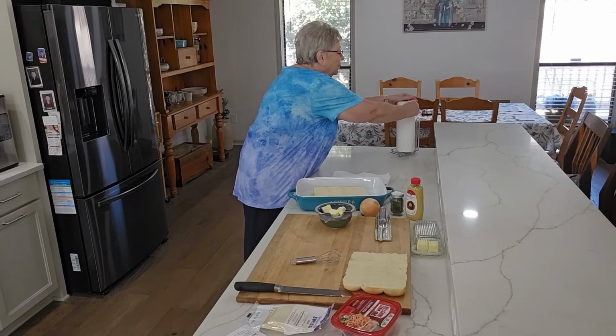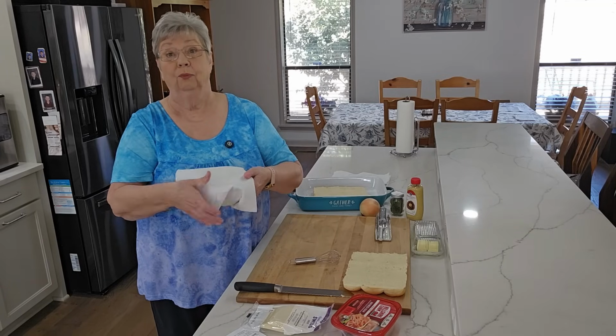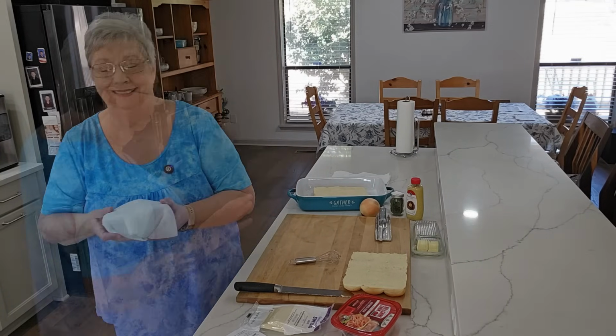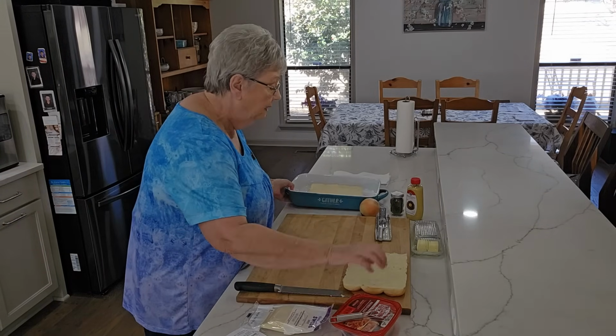Okay, but you know what? I don't want this popping in my microwave. I like to cover it with a paper towel. So give me just a second. Let me pop this in the microwave, okay? All right, so we've got that going, and we're going to be mixing some stuff with that. But in the meantime,